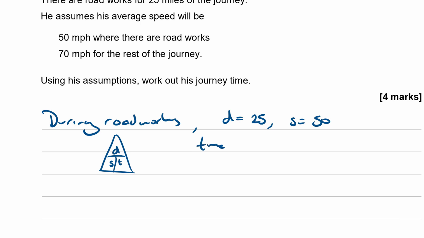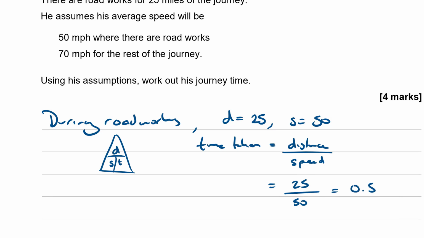So time taken equals distance divided by speed, which is 25 divided by 50, which is 0.5. Now speed was in miles per hour, and that was in miles, so this is 0.5 hours